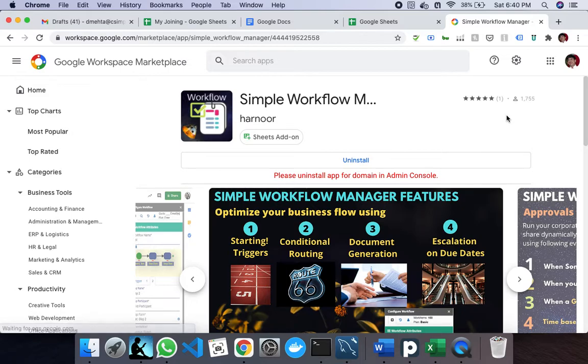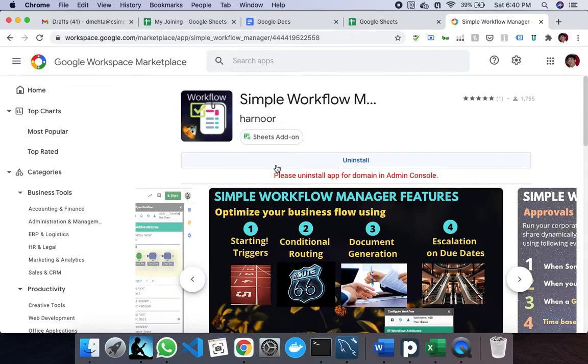Once you install it, it will ask you to give permissions for Google Drive, email, Google Sheets and Google Docs, because it will use that to generate the documents, it will use that to save the routing conditions and other things. None of this information goes to our servers or anywhere.